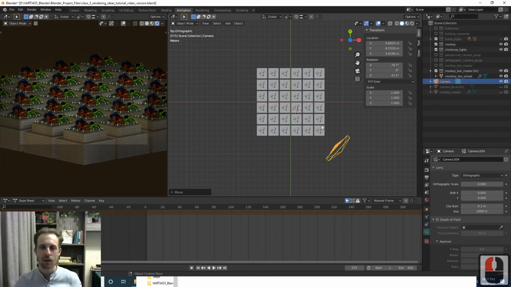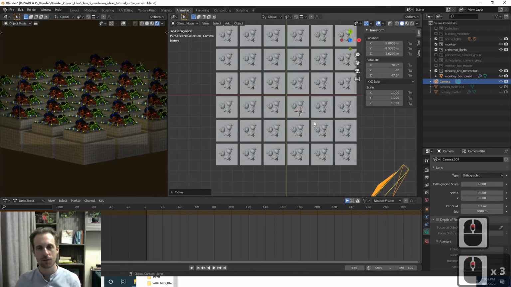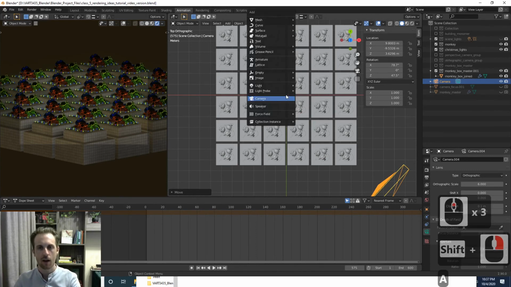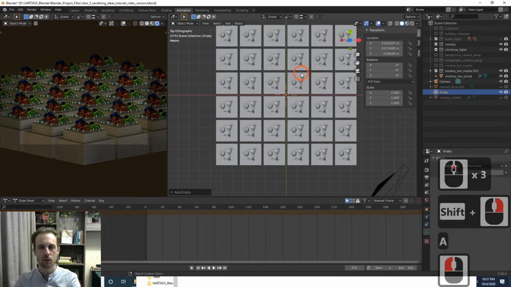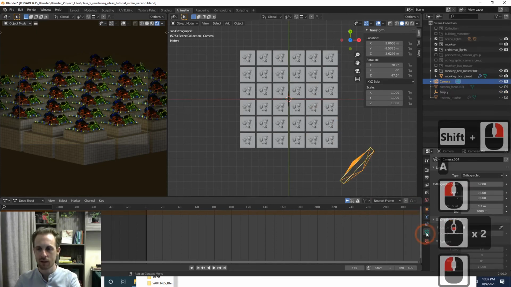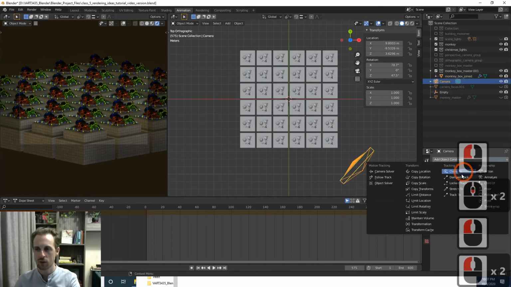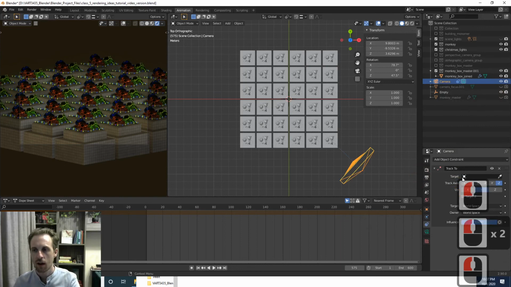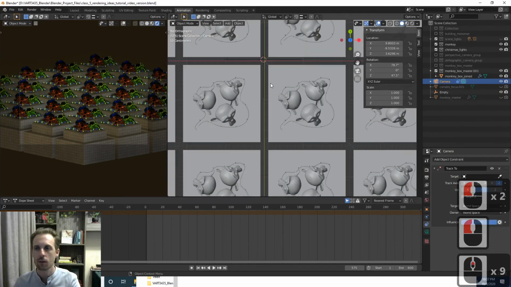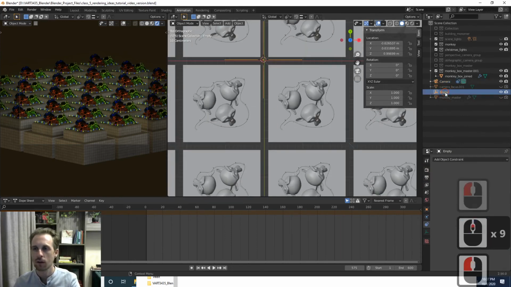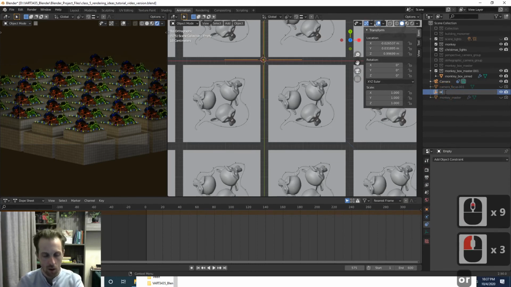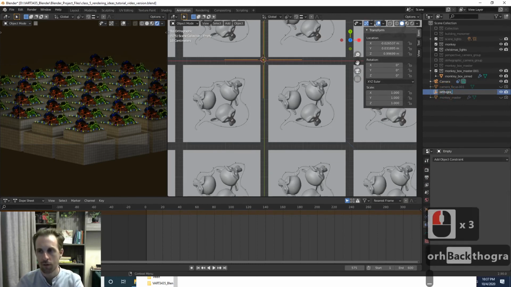And again, we can do all the same stuff we were doing before. I can add in an empty and make sure that this camera is always pointing to the empty by adding the track to constraint. And oh, I didn't name my empty, that was stupid. I didn't name my camera either, so I'll call it Orthographic